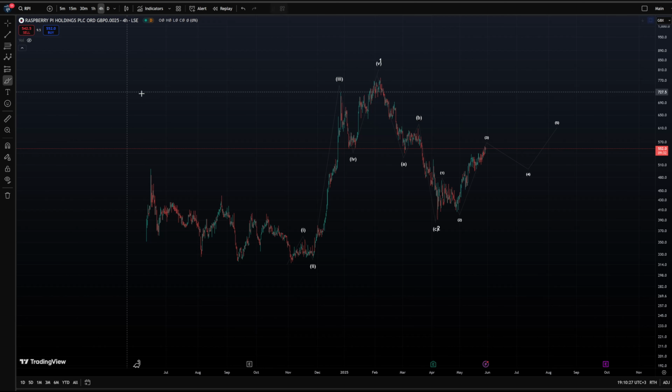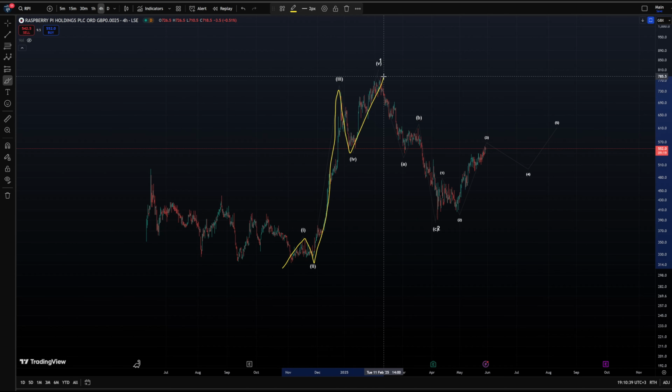Today we are looking at Raspberry Pi. This is actually a quite young chart that's only started trading less than a year ago. But we have this beautiful 5-wave move to the upside in wave 1,